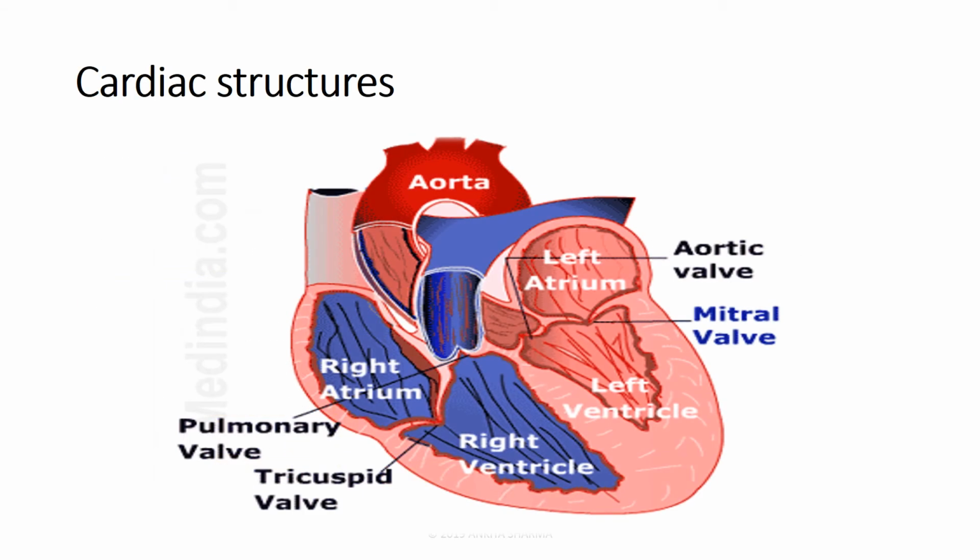Okay, from the SVC and IVC the blood comes into the right atrium, and when the blood fills the right atrium, the valves open and the right ventricle gets filled, and the tricuspid valve gets closed. Okay, and when the pressure inside the right ventricle increases, then the pulmonic valve opens. Okay, and then this blood goes towards the pulmonary trunk and then towards the lungs.